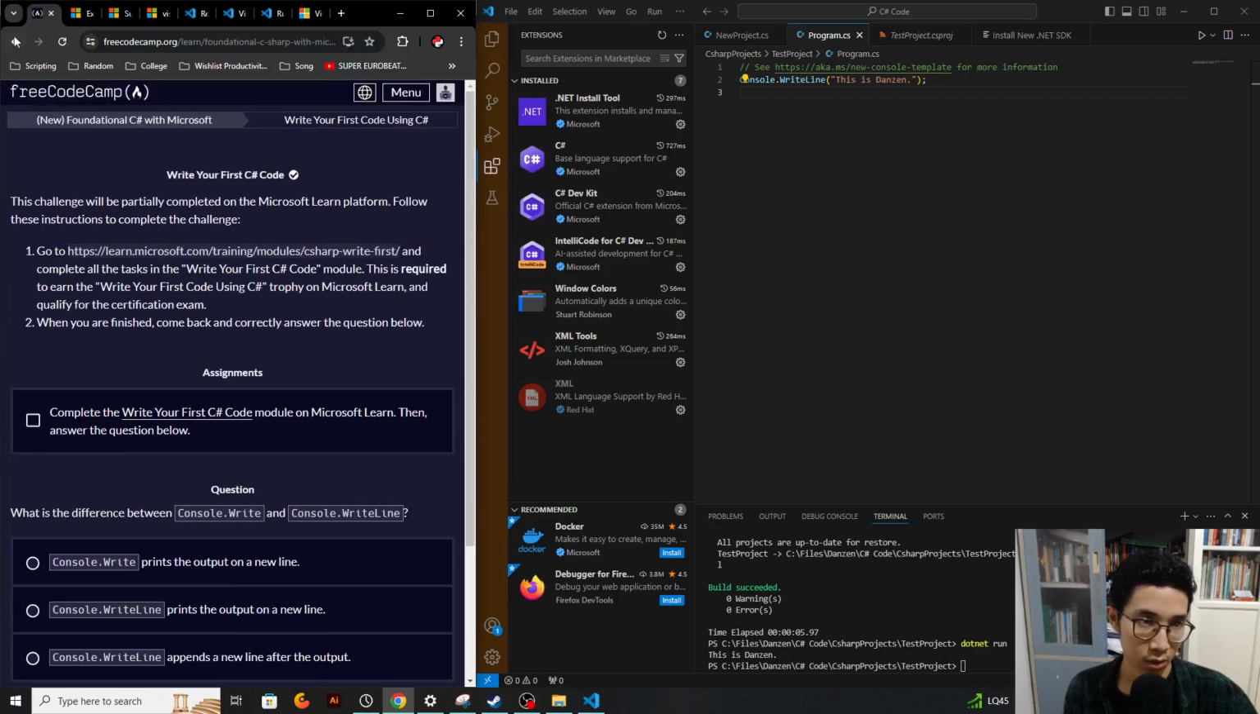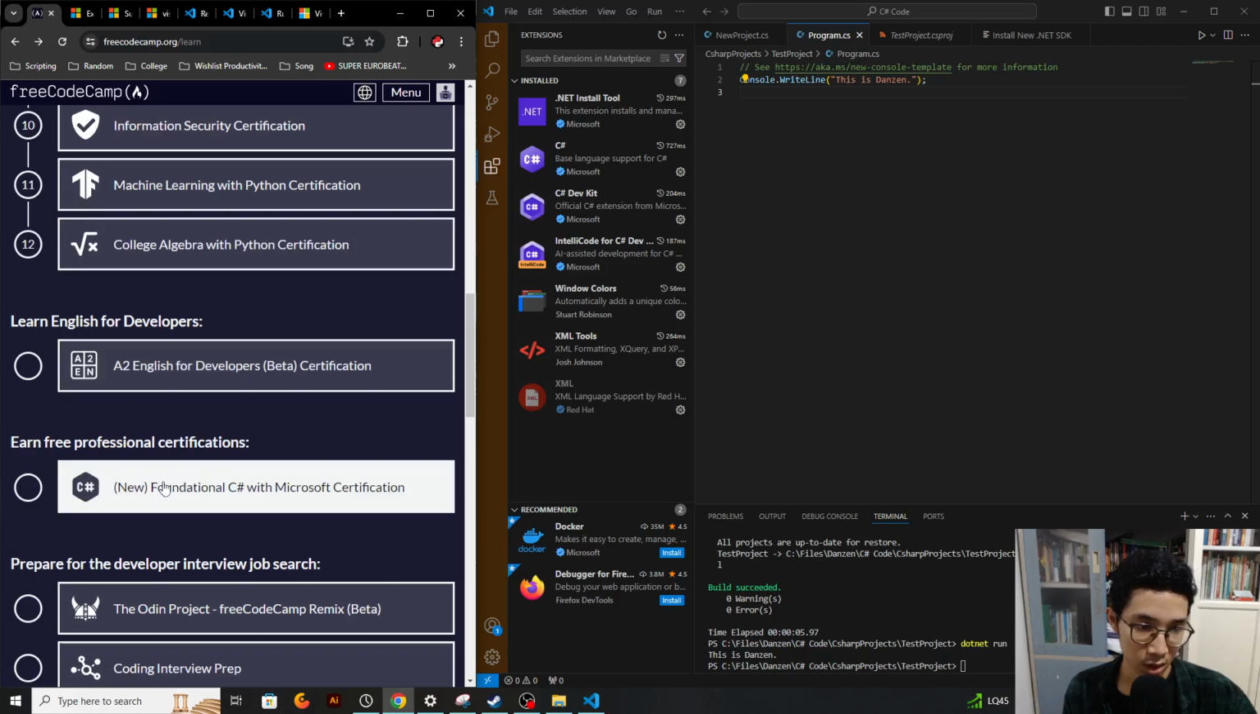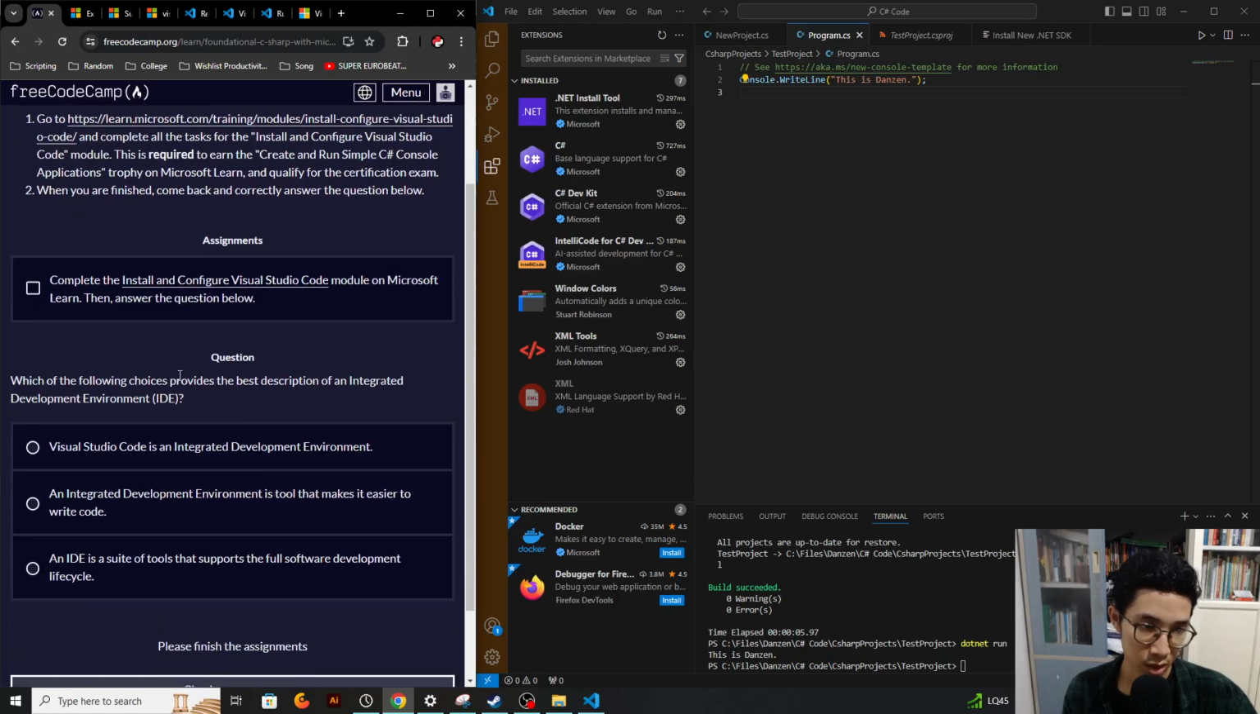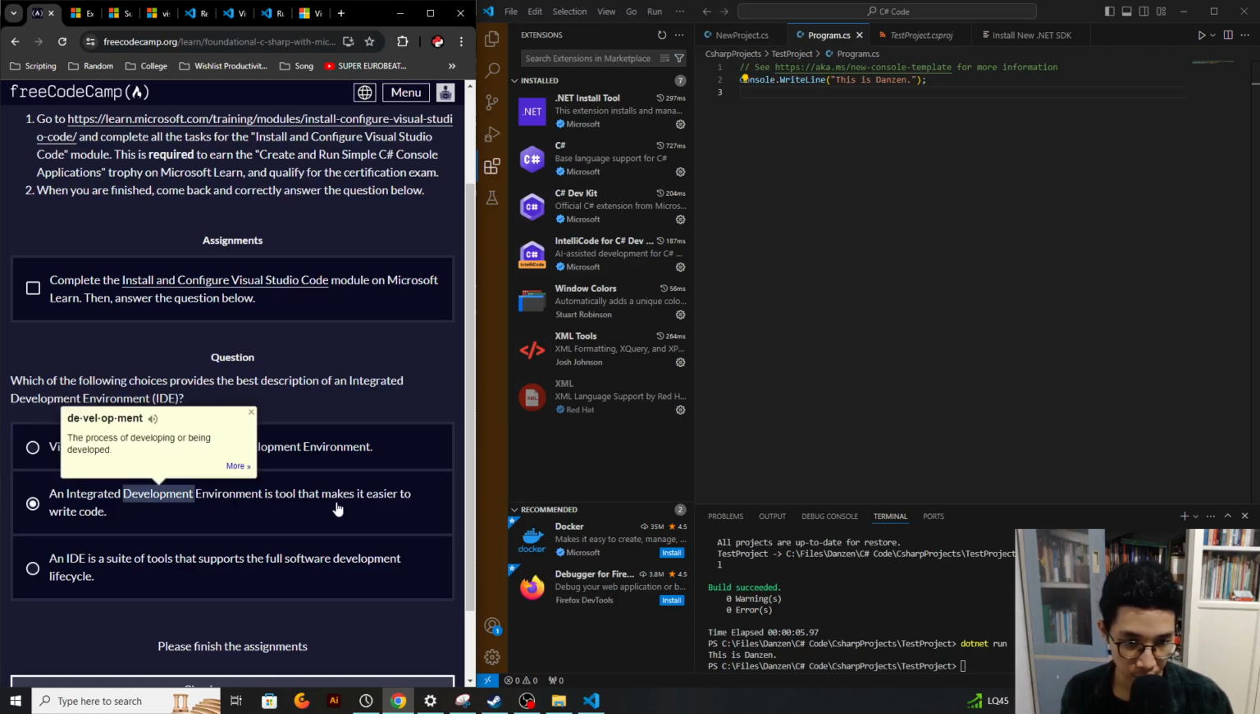Let's go back to here and finish the question here. Which one of the following choices provides the best description of an integrated development environment, IDE? Is integrated. Yes, this one is correct. An integrated development environment is a tool that makes it easier to write code. It can be,